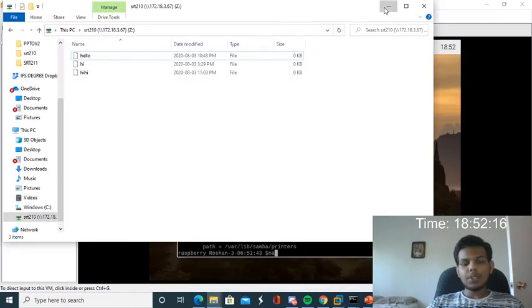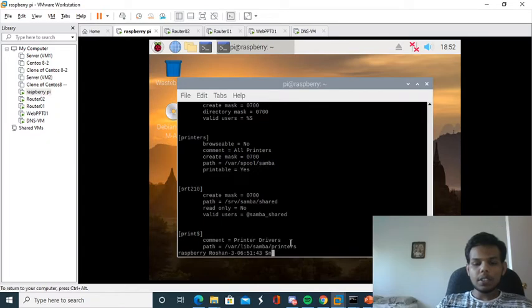Now I'm going to add one more file. For that I'm making a path: slash etc slash samba, slash smb slash shared.